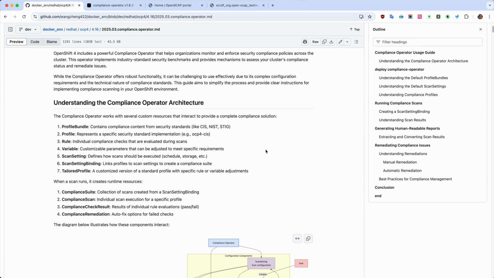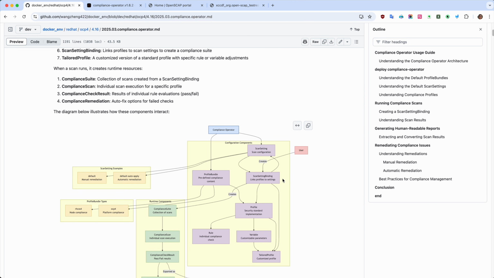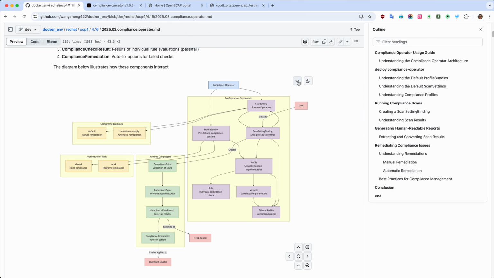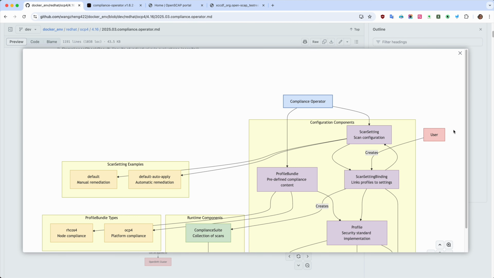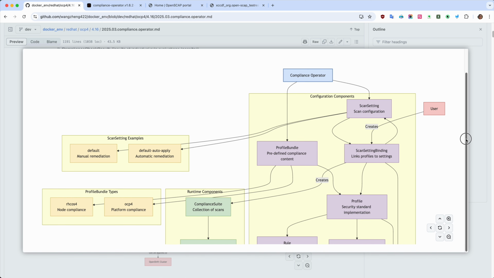First I wrote this document and then used AI to summarize some of it. And I think the AI summarization is good, so I will use the AI-generated diagram to go through an overview of my document. So first, we can see it lists that we're talking about the Compliance Operator, and it has some key